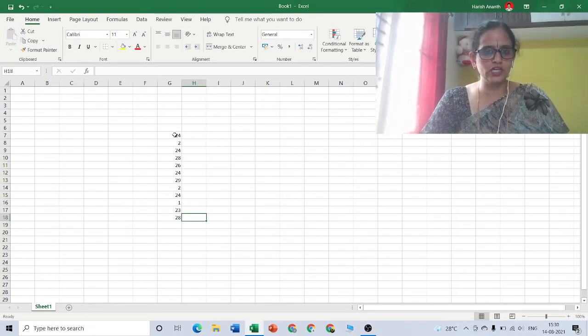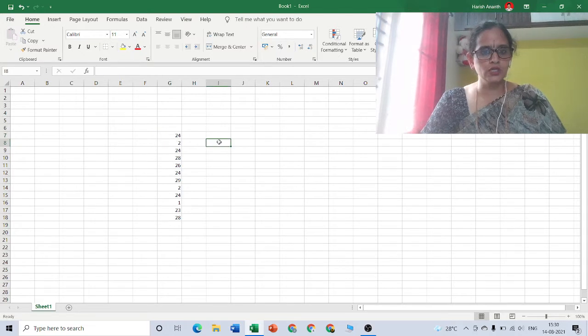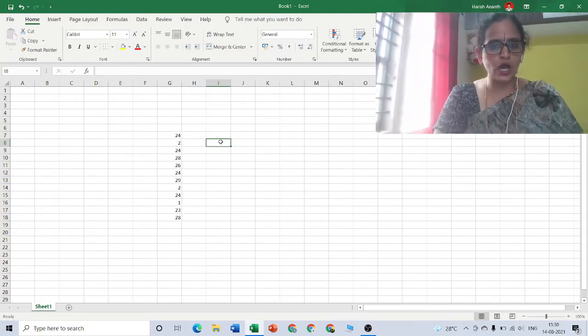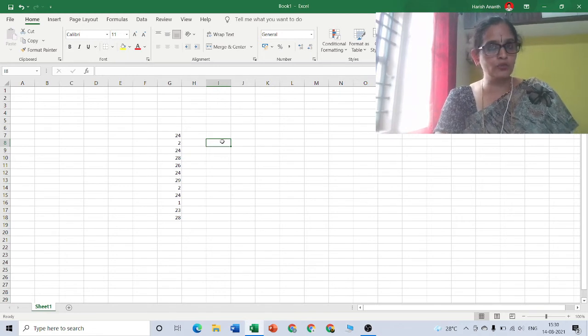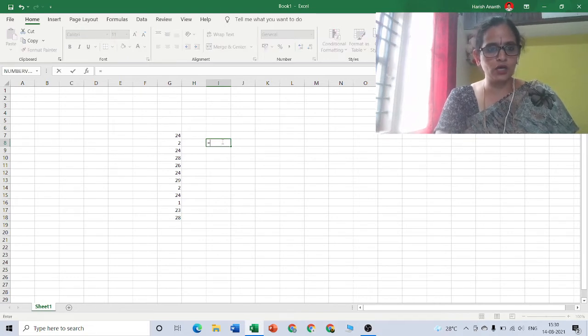So for these scores, let me find out the total number of scores. How can we find out the total number of scores? Total number of scores refers to the count, how many numbers we have here. If you have a lot of scores in your data and you don't know how many scores there are, just make use of this formula.